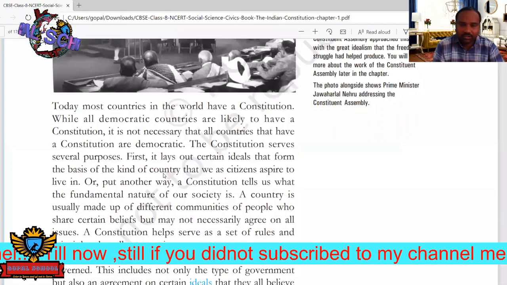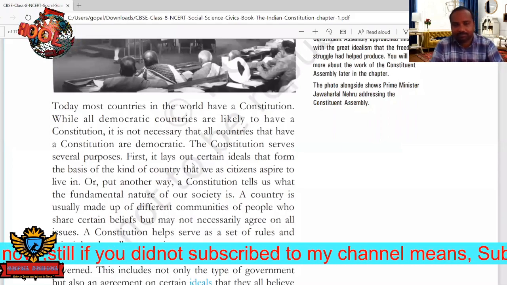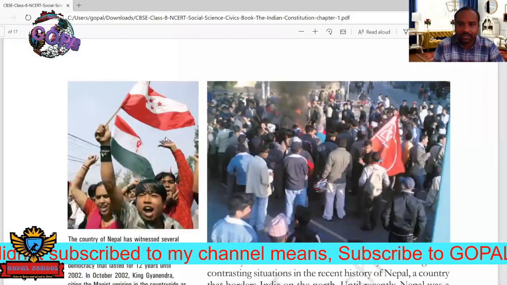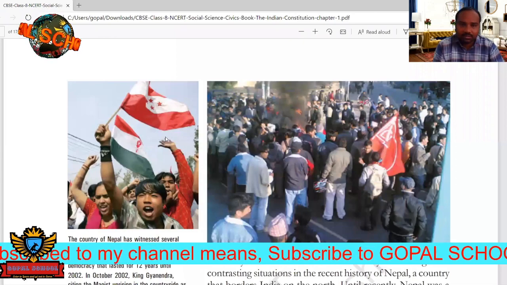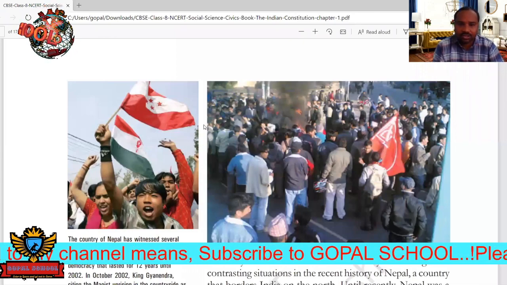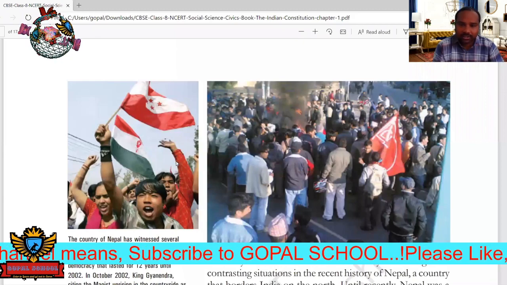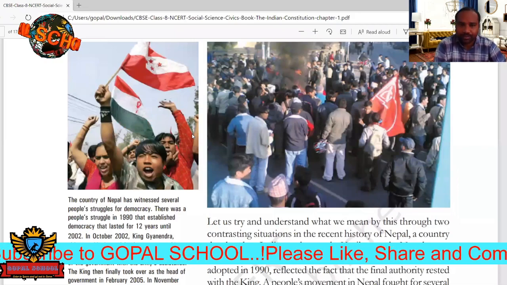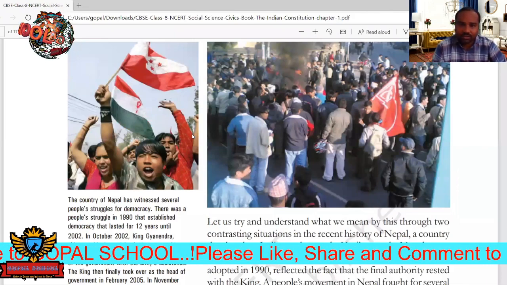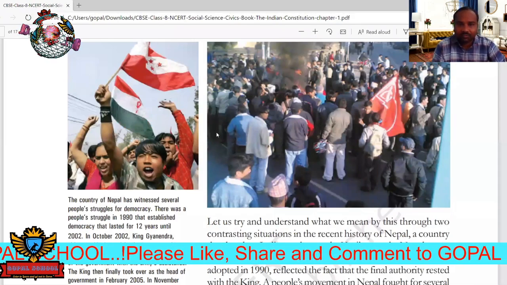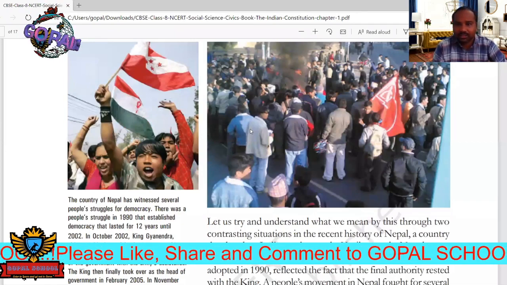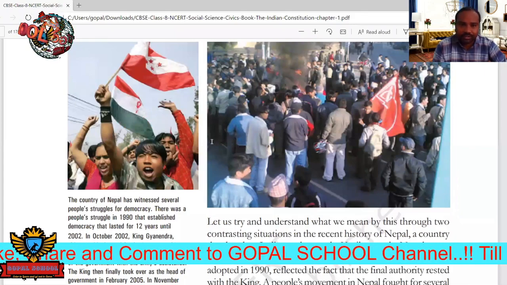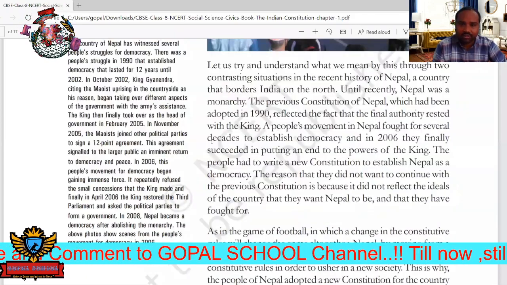Next here, we have seen this Constitution. Actually, why do we require the Constitution? So here, Nepal is there. Nepal has suffered a lot of troubles with these monarchies, that is King Gyanendra, or it is also called King Mahendra. Okay. So finally, the people asked for democracy and to write a new Constitution for a new Nepal. Finally, after a long struggle, the Nepal people succeeded in getting this Constitution, that is democracy like India. Okay. So that's why a Constitution is a must and should be required.